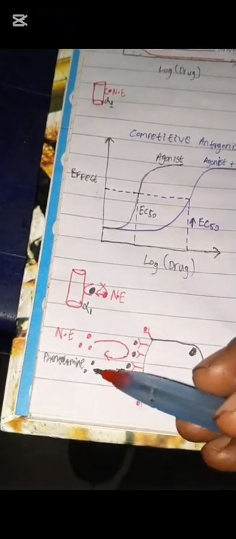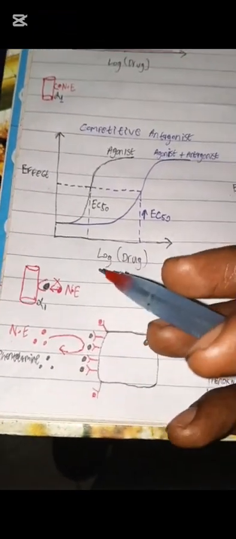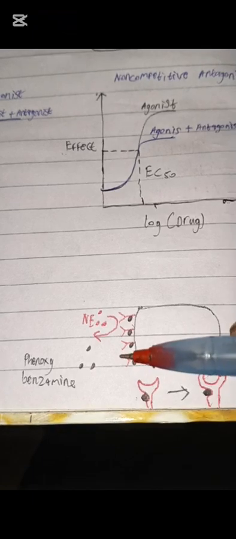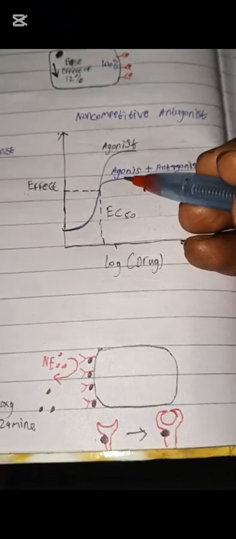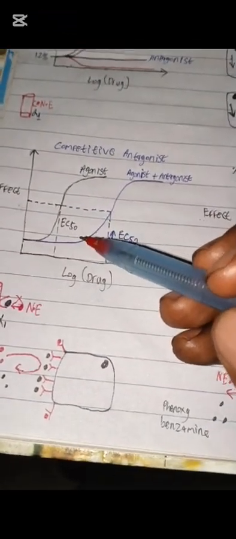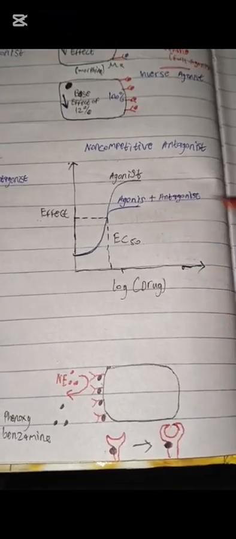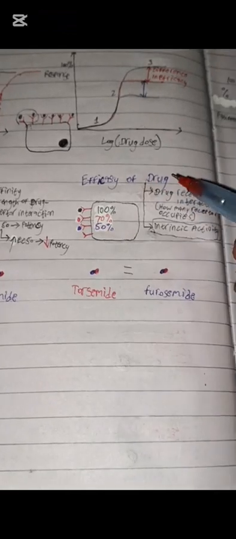Now, what's the difference between this and this in terms of action? The competitive antagonist reduced potency, because with an increase of the dose, you can still give it your maximal effect. With this one, no matter how much you increase the dose, you won't get maximal effects. You always get a reduced effect. So your EC50 still remains the same, but you can never get maximal effects. As such, while the competitive antagonist reduced the potency of the drug, this reduced the efficacy of the drug,